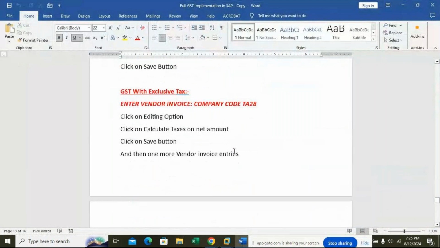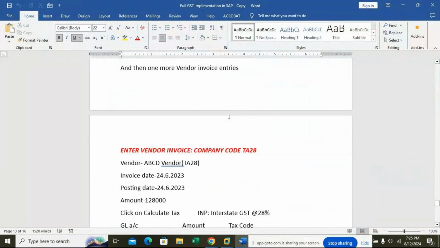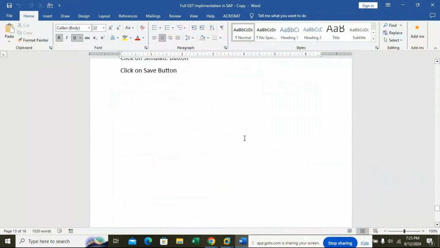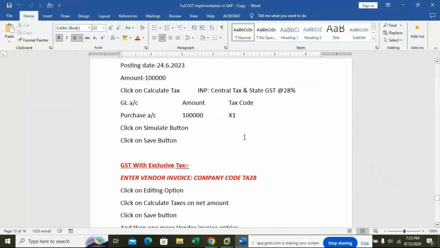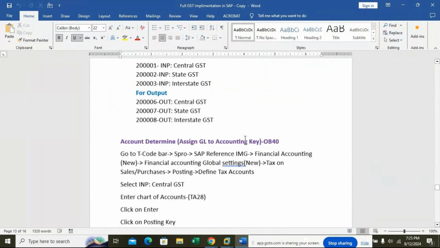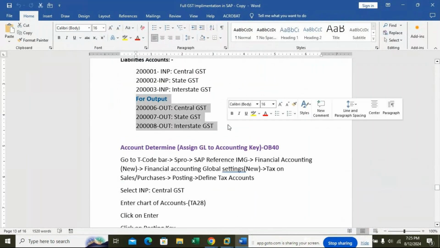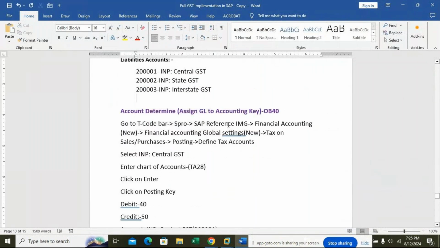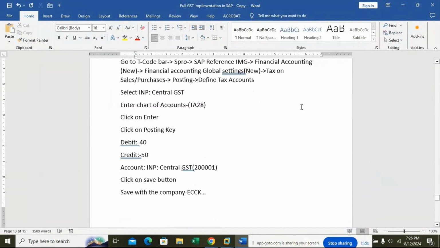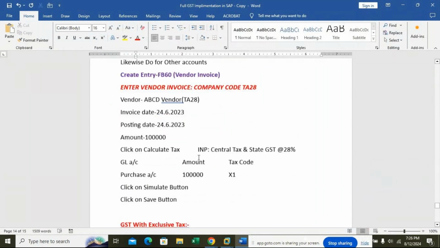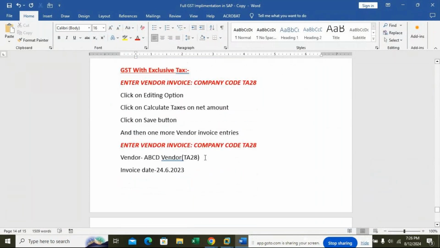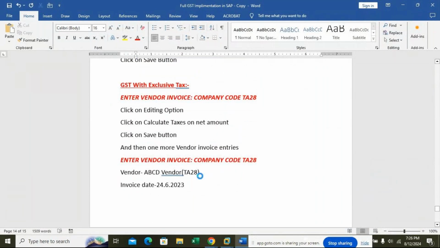That is the thing. So enter vendor invoice, company code. The customer side will be the same, but I'm not going to do it in these notes. For output, I'll do tomorrow. I'm not going to send it. Only input you have to create, and you need to follow this whole posting procedure. Whatever I have done, maybe your company code and date will be different.